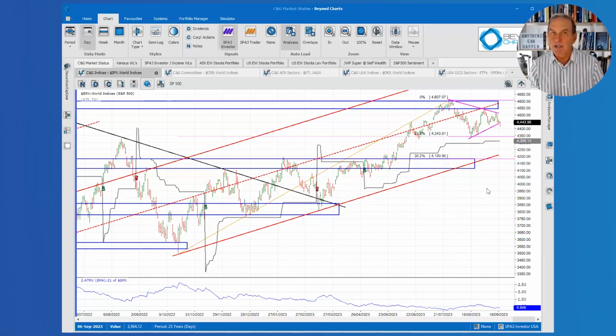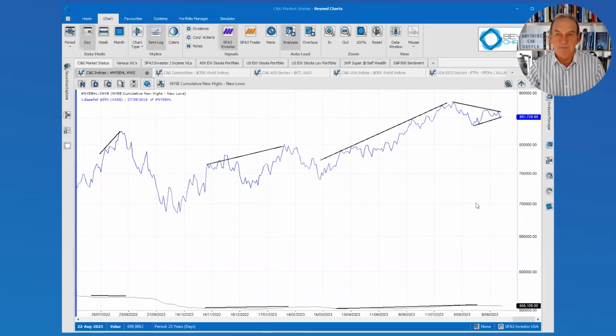So things are still positive, and this is an environment in the US market, if you're running US portfolios, that you should be 100% invested. That's what you should be in. This is an uptrend, right? Now, there's a lot of negative news going about. You heard me, I'm always on about the noise. We've got to get objective and focus on the price action. And if you're focusing on price action and shutting down all the noise, turning it off, then you would be 100% invested in the US market.